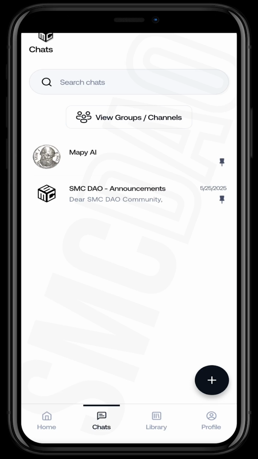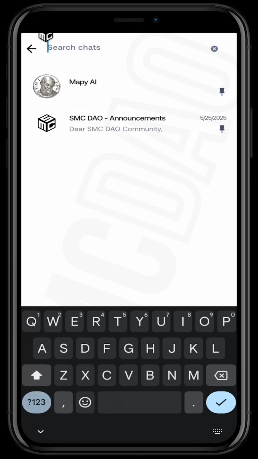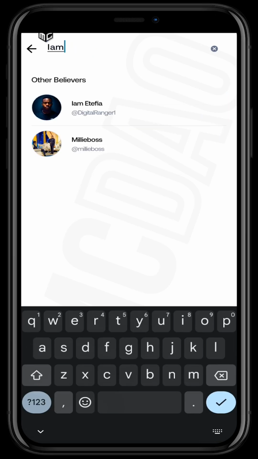Alright, so one way you can start chatting privately with people is by searching for them with their username. So select the search box and then input the username of the person that you want to chat with. I'm going to start a private conversation with this guy. Right, so I'll select,